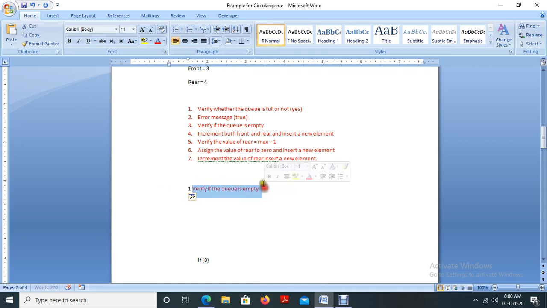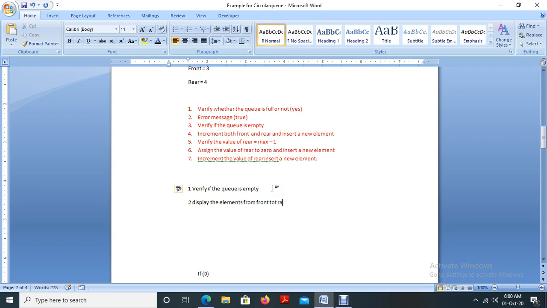If the queue is not empty, then display the value. Okay, display the value from front to rear.